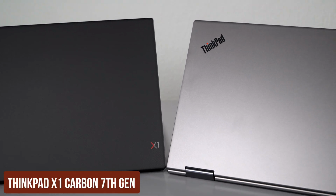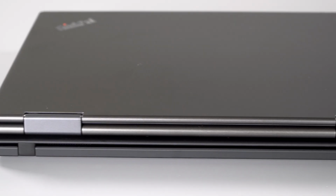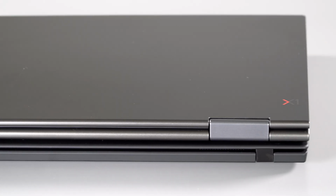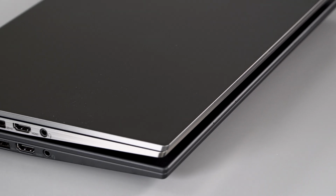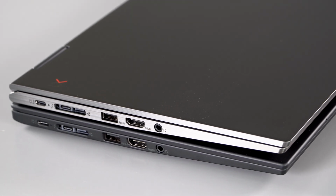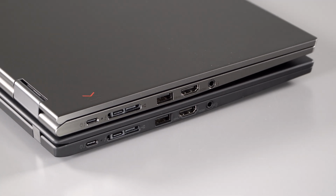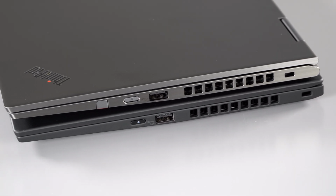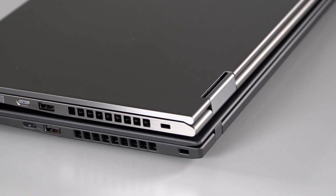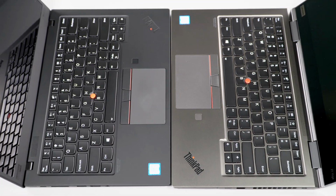Like the X1 Carbon 7th generation, the price is less scary than what we usually see at launch when, of course, the product is at its most expensive. Starts at about $1269 right now on Lenovo's website, and that's with a Core i5, a full HD low-power display, 8 gigs of RAM, and a 256 gig SSD, which isn't a bad configuration at all. If you want to go to town a little bit, it's something that we have with the Core i7, 16 gigs of RAM, a 512 gig SSD, and the 4K HDR display, yum yum, then you're looking at around